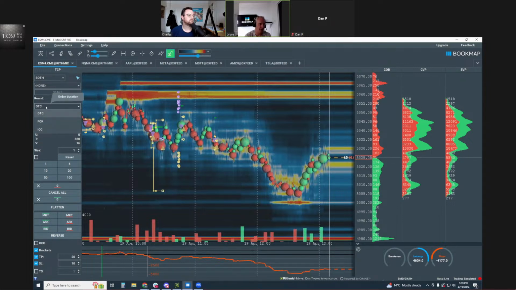So if you're trading a pretty big size, or you're trading stocks, you want to have that order in the market until you cancel it, or maybe it's fill or kill. It fills all of it or none of it. If it doesn't fill it completely, it will cancel the order immediately after. Immediate or cancel will fill some of it, but if it doesn't fill all of it, it will cancel the